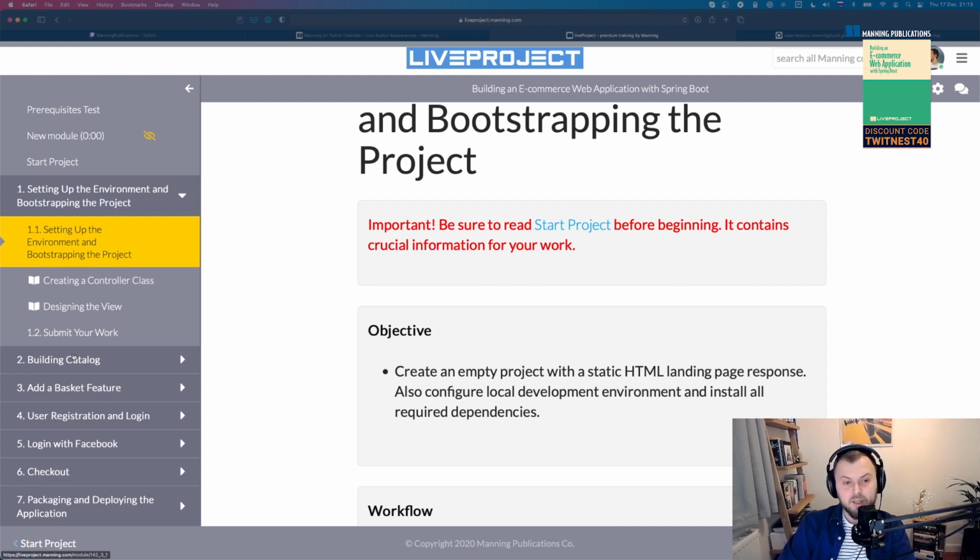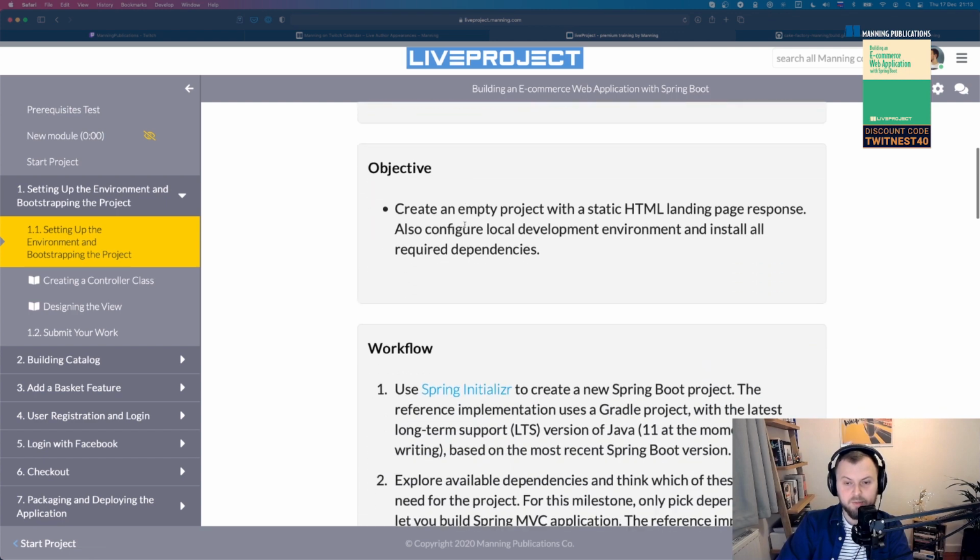And in the end, I can also quickly show you how the final application is going to look, and what you're going to get when you complete the project. But let's start from scratch. Pretend we just joined the project and we want to do that. So I'm going to just follow the steps in here.